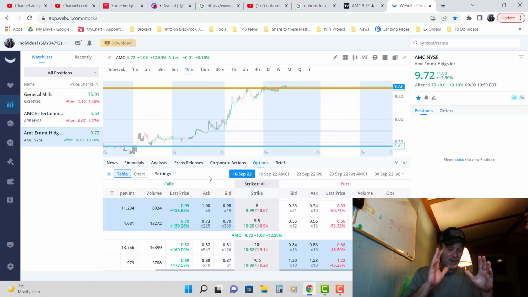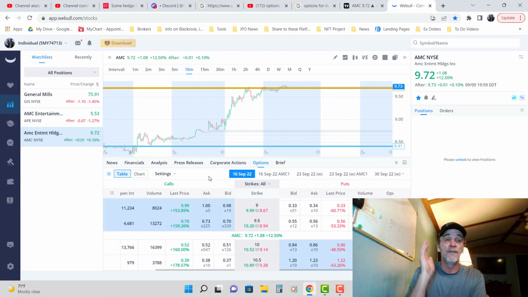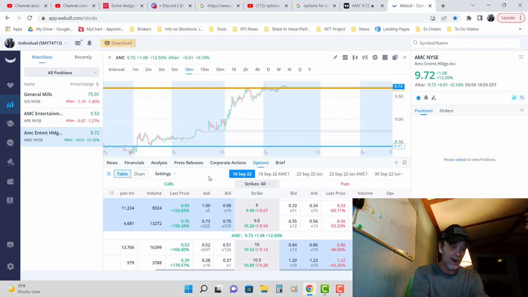This is very important because the first time I bought an option, I had to buy according to the ask, and it was $1. And as soon as I did it, I looked and I'm like, how am I down? I've only held this option for 2 seconds. The stock hasn't moved, but I'm negative in my options. Well, the reason for that is the bid. The ask is what you're willing to buy it for. The bid is what someone is willing to buy it from you for.